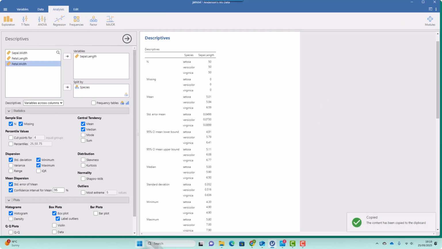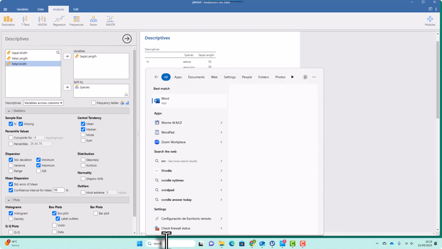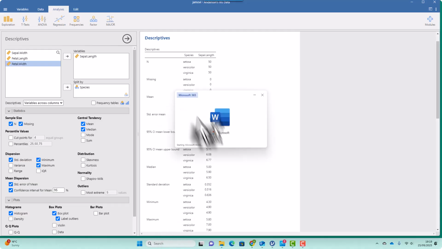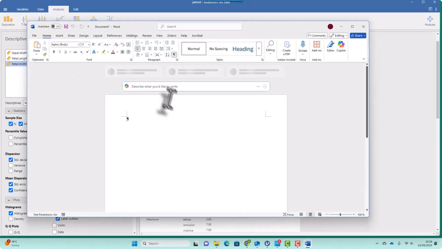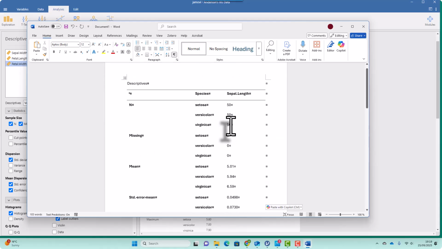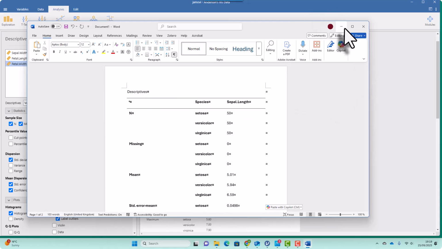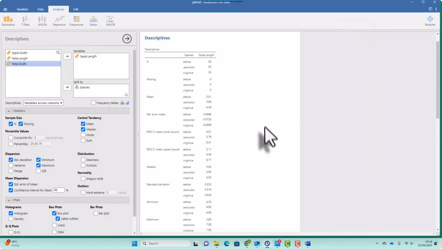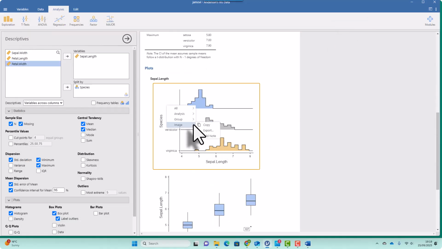So if I do a copy, I open a Word document, open a blank document, press Ctrl V, and it will paste in that particular table, and you could reformat it if you want to. For the images,